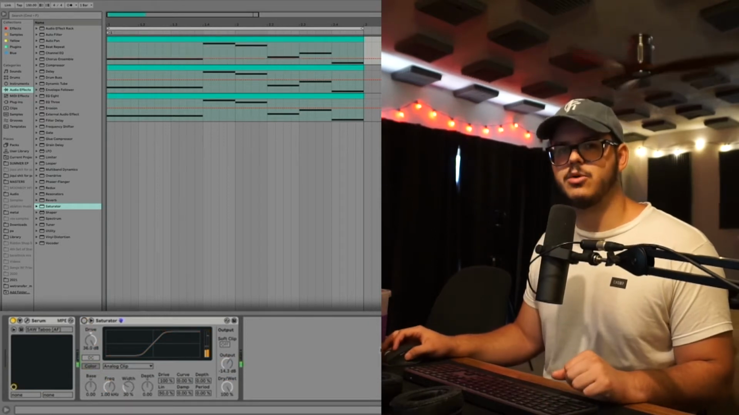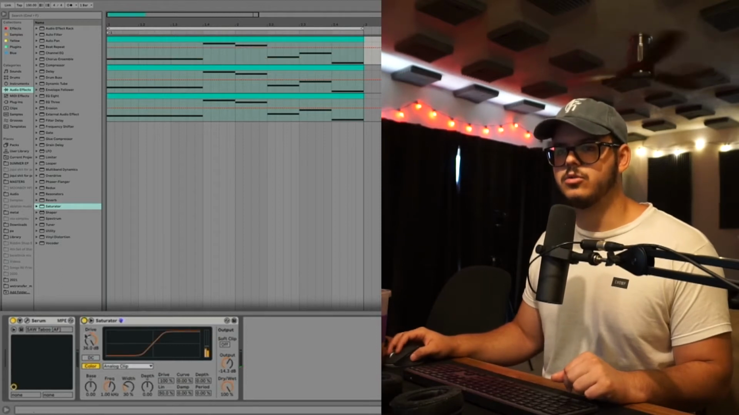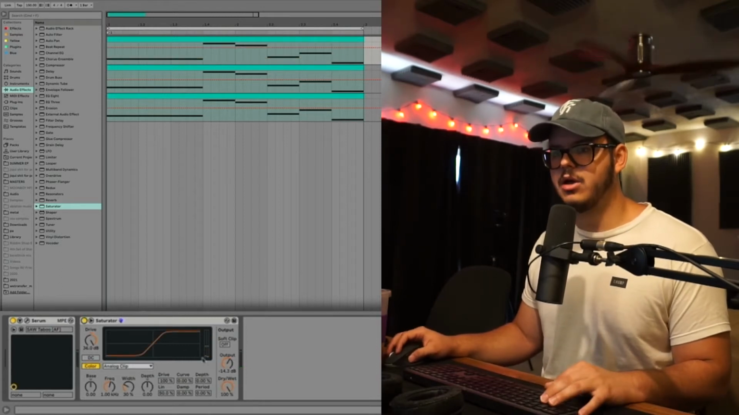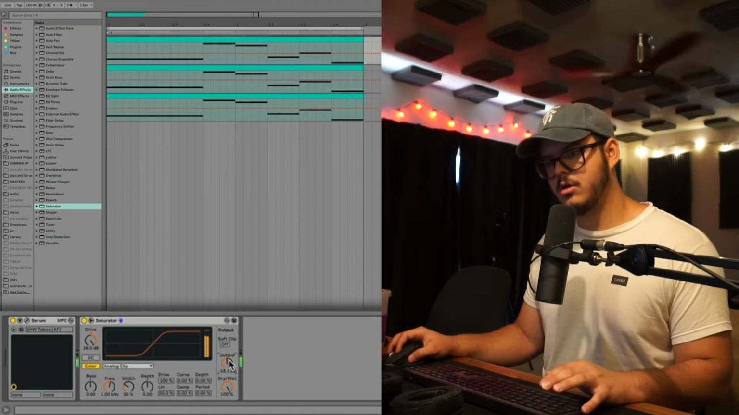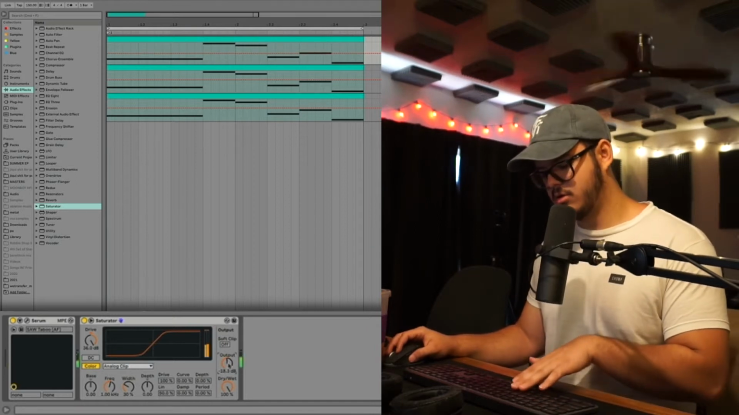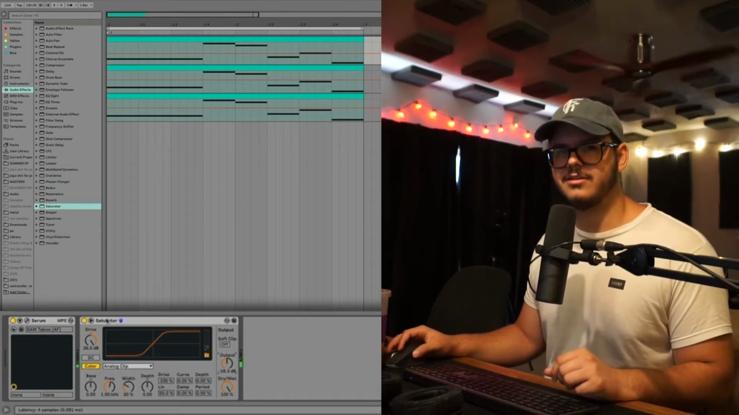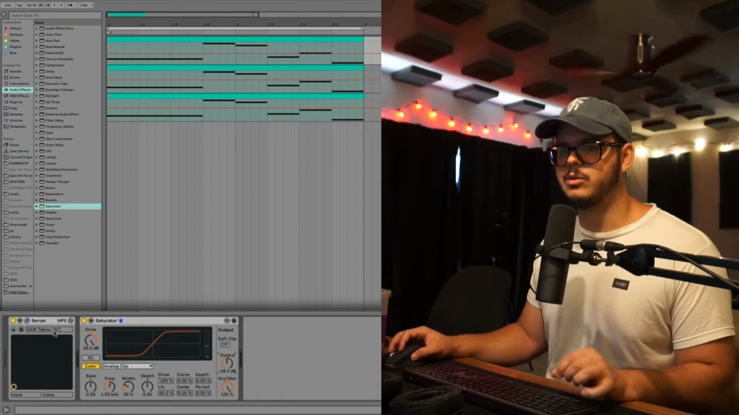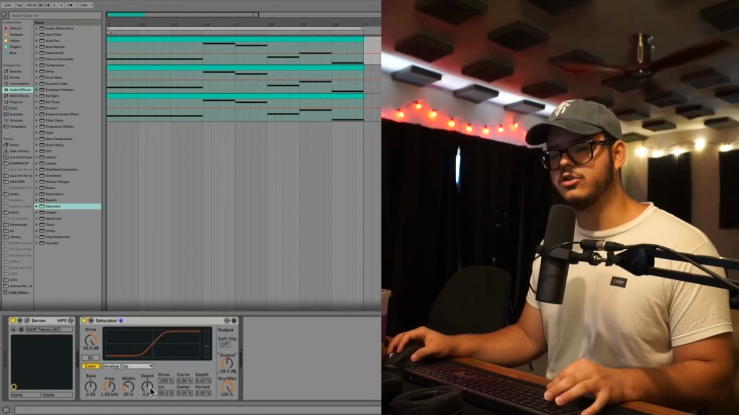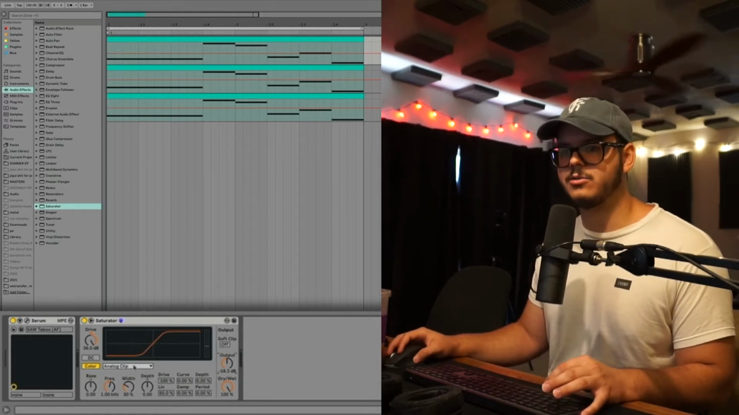We get a lot of high end pushing out of it. One thing that I like to do straight out of the box is if we pull this output down a little bit more, you can get a trancey sound out of it if you're using a super saw like we are here. One thing that you can do too to make things sound more effect-wise is